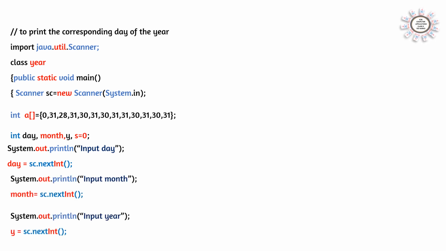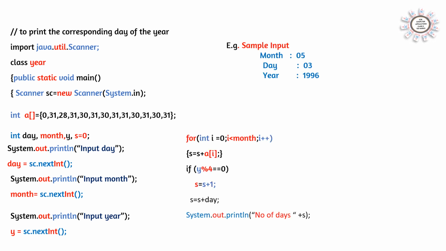So now we can find out till the given date how many days have been passed. So here we can see same example we can take. If the month is 05, day is 3. That means in May 3 days we have to count. That means complete days till April. Till April we have to count the complete days.